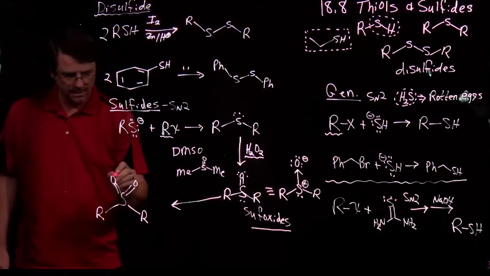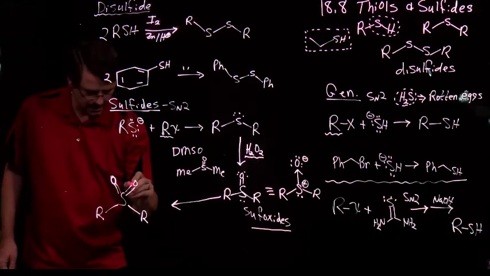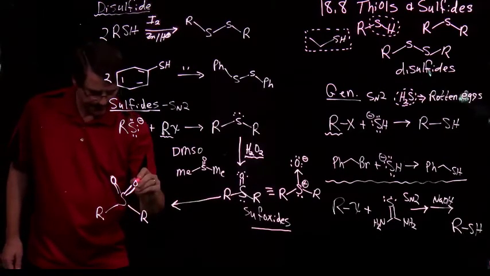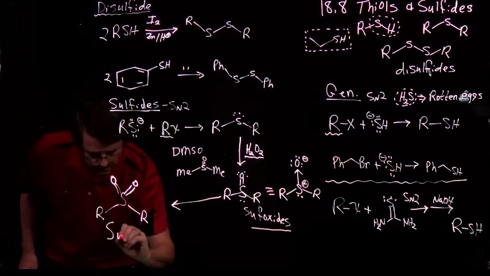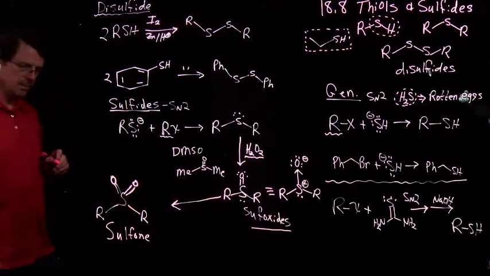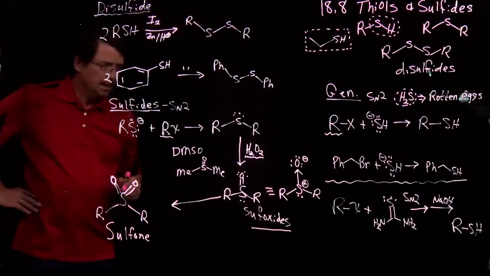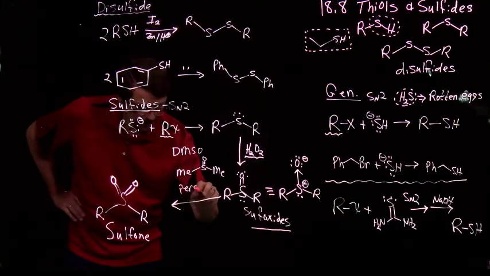Now again, you typically see this drawn with this expanded octet, if you will, at sulfur. This is the sulfone. But we need a stronger acid, and in fact what we need here is a per